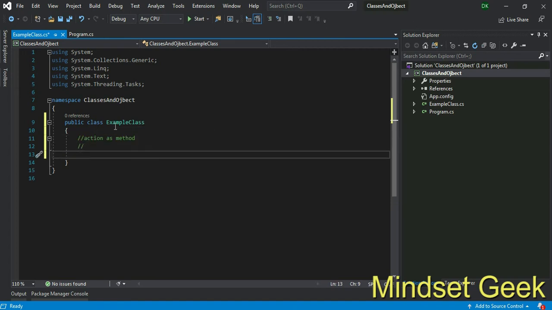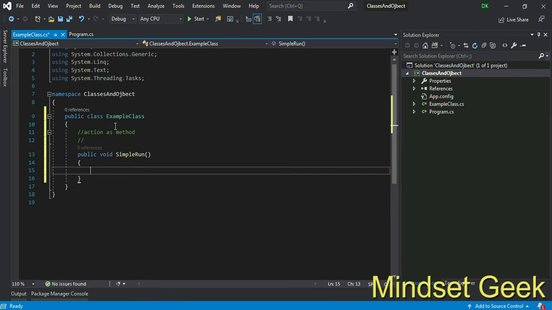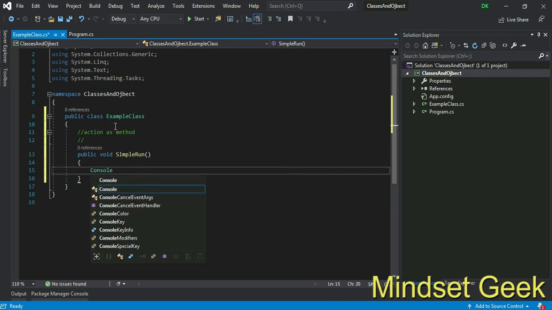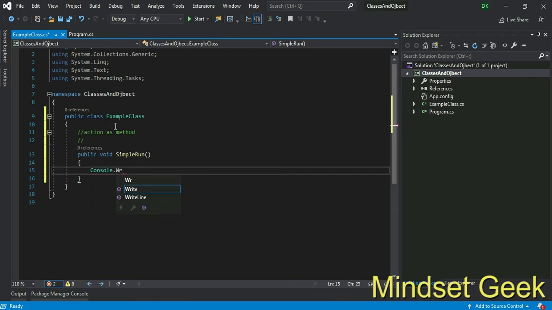One method: public void Run is the method name. Void is the return type. Console.WriteLine, you know this thing, right?